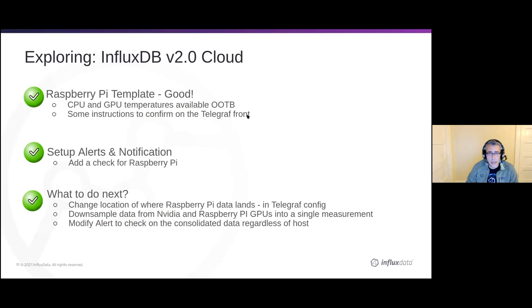And obviously, I went through those instructions in the README, but basically got it set up. I can go through that similar alerts and notifications setup to add a check specifically for the Raspberry Pi. But if I take a step back and think about it, I think the things I want to do next